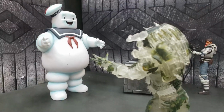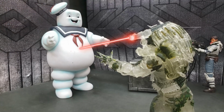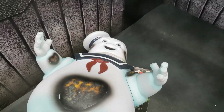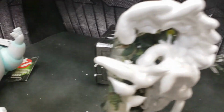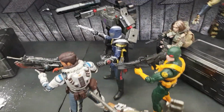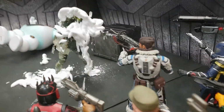The demon Predator is readying his shoulder cannon, and he shoots a shot at him. Boom! Oh! The Demon Predator was able to take out the Stay Puft Marshmallow Man. He's now no longer cloaked. And you know what that means? Uh-oh. Everybody can see him. Oh boy, oh boy. It looks like it's time for them to basically...